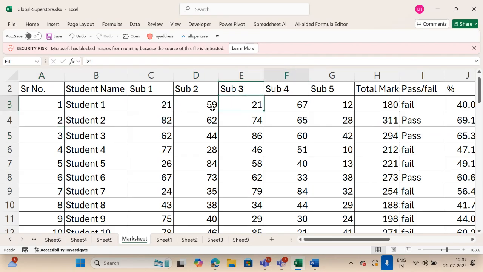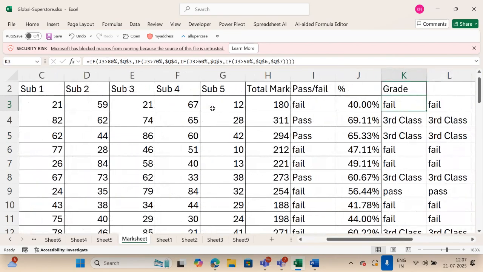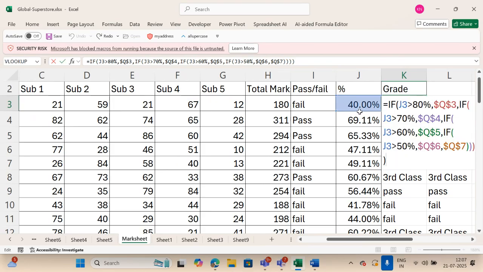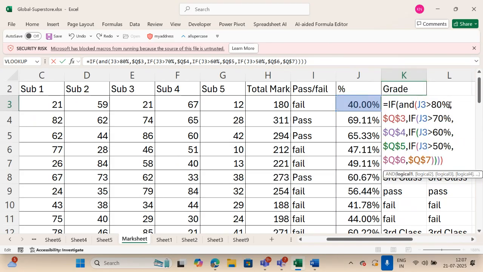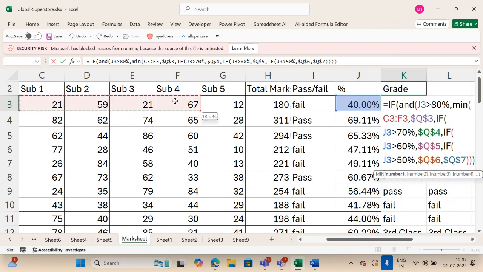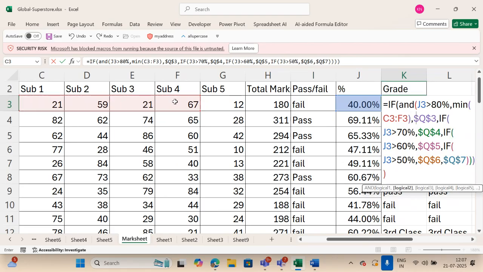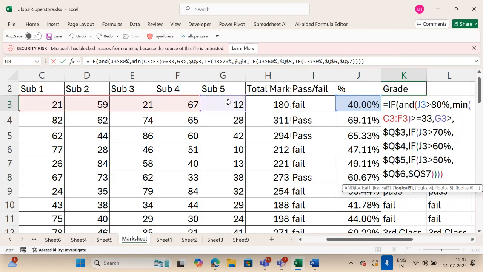Use the IF formula, a combination of IF and nested IF. Okay. So the same thing we can use here. IF, then AND, then comma, MIN of all four should be greater than 33. One more condition, this should be greater than 20. Then